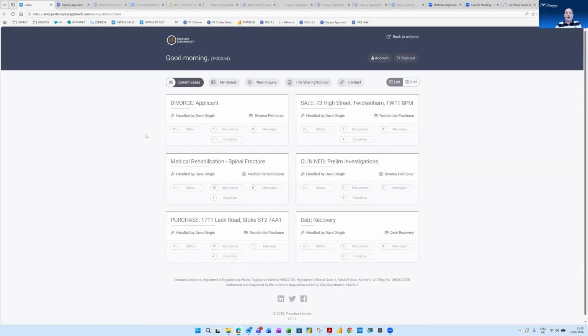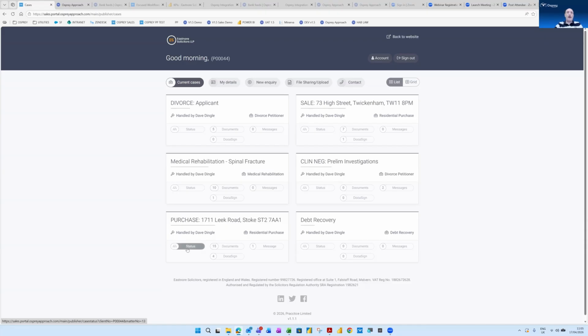Just to let you know that it's obviously up to you which clients and matters are accessible through the client portal, and also which information within those. So nothing will ever be displayed without your explicit permission. In this example, I've logged in as Dominic. He can see multiple cases here. And then if I click on one of these, for example, a house purchase,